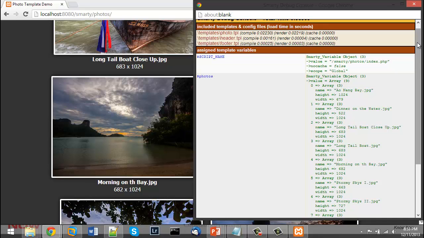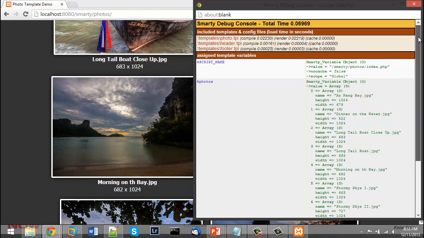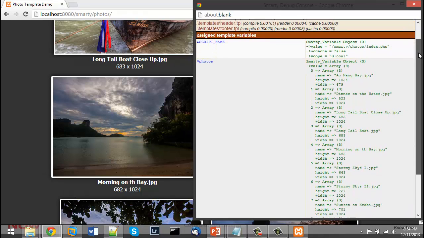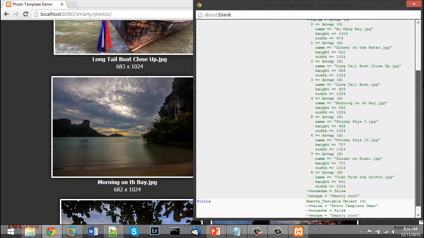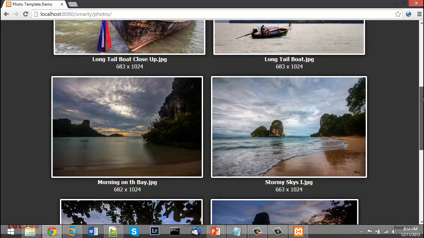Or if you have some kind of looping schemes going on, you can see where the bottlenecks are, especially if you have complex templates, templates calling templates calling templates and what have you. You can kind of use these debug tools here to show you the performance metrics of each one of those, and you can see the data that's being passed in and all of that. So this is a kind of useful window for getting those kind of metrics for debugging in any application. So this is what the Smarty template engine can do for you,